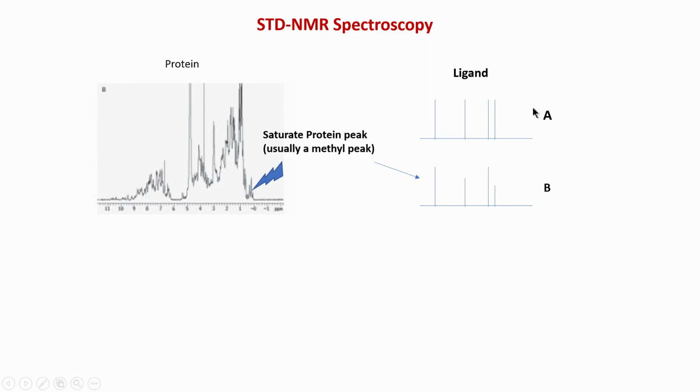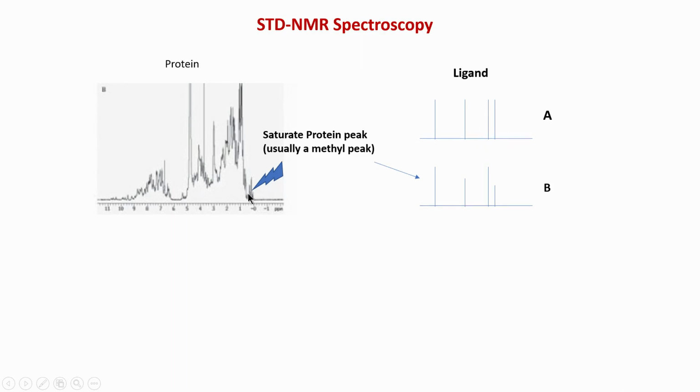So, you can see that when I have a free ligand, or before irradiation, let us say this is the signal from the ligand. Now, the ligand signal will always be stronger than the protein, because if you recall, as I said, we use 20 to 30 times more ligand compared to protein. So, this signal will be 20-30 times smaller, plus the T2 of the protein is also very short, which results in a very fast relaxation of the protein and causes a decrease of the protein signal. So, what we will normally see is only the ligand.